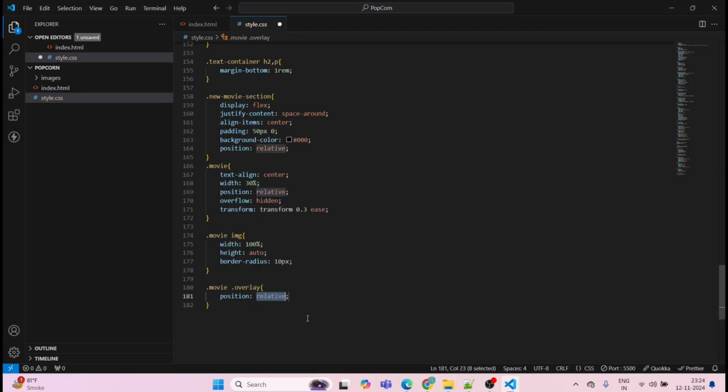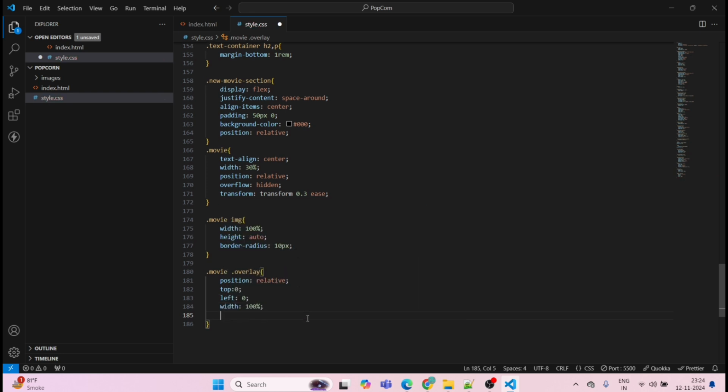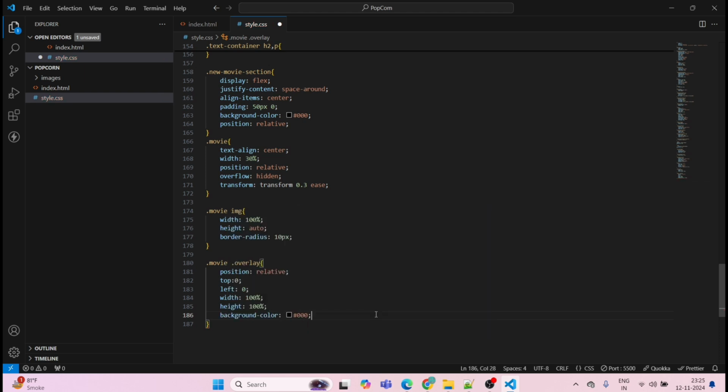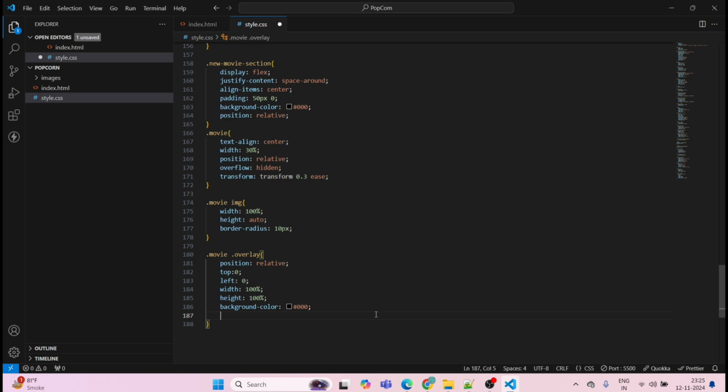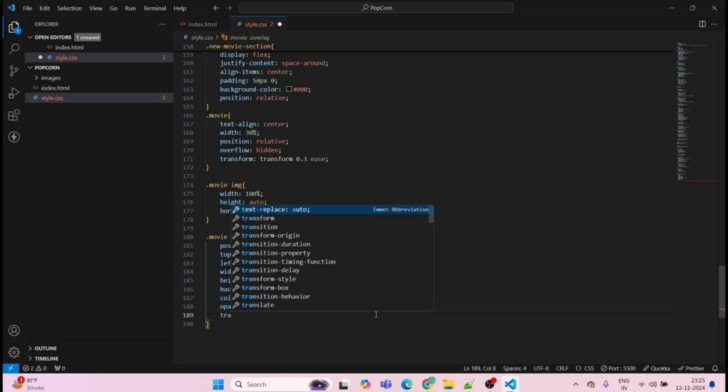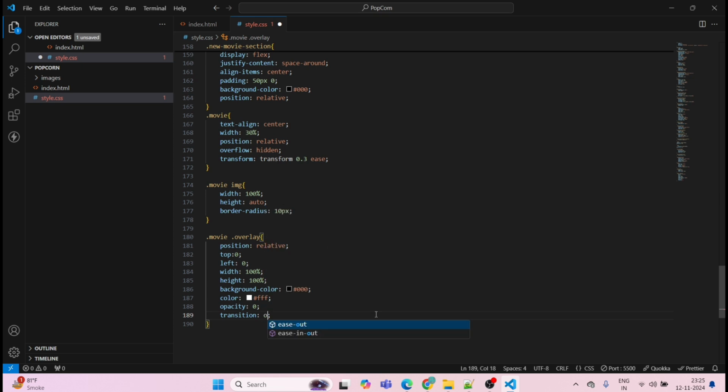So position, again relative, top 0, left 0, width will be 100%, height will be 100%, background color black, color will be white, opacity 0, transition opacity 0.3s, ease,